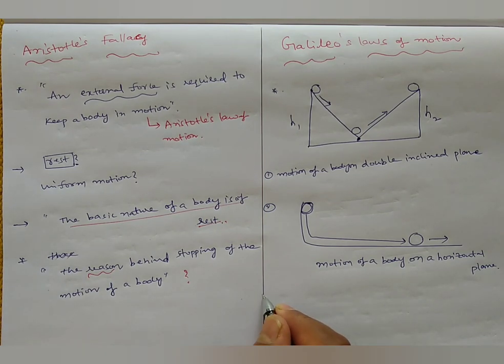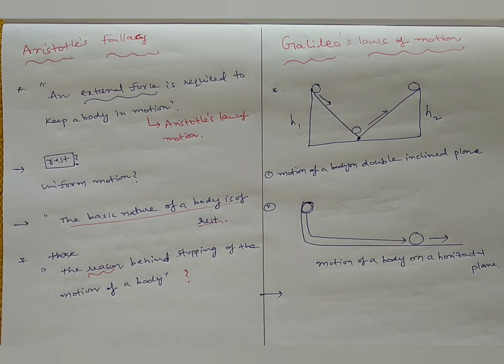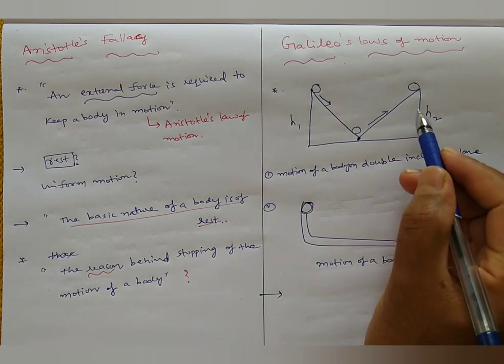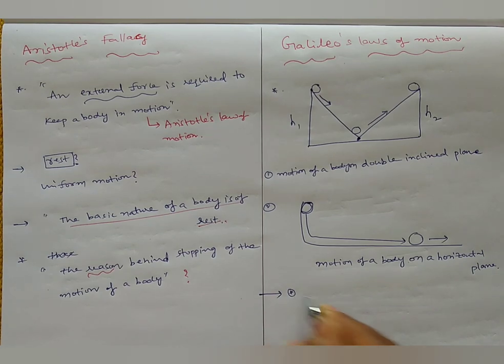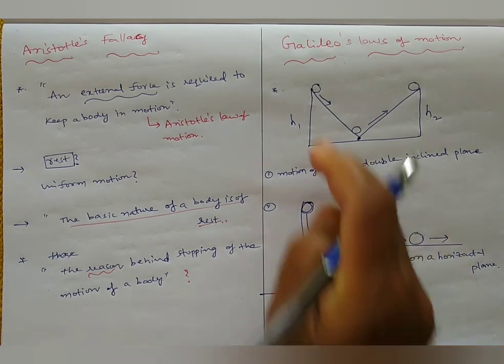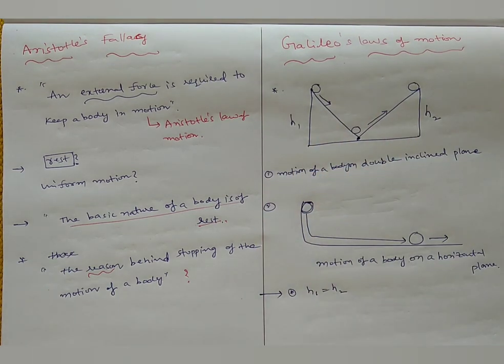Then finally he gave the conclusion from these two experiments, that the final height reached by this object is equal to the initial height of the object. That means this height is equal to this height. And the next point is,